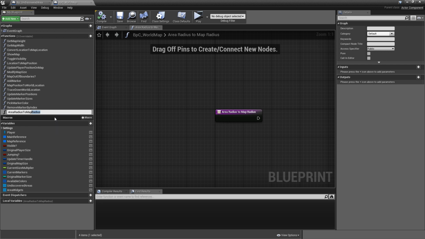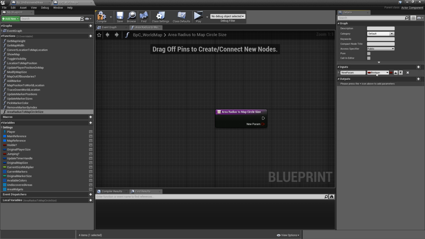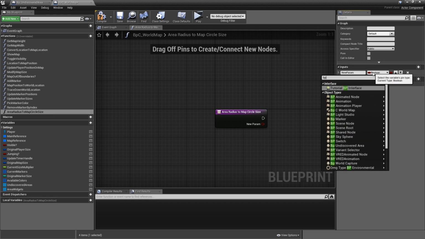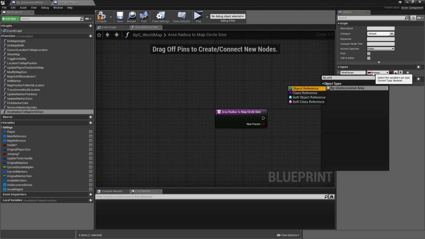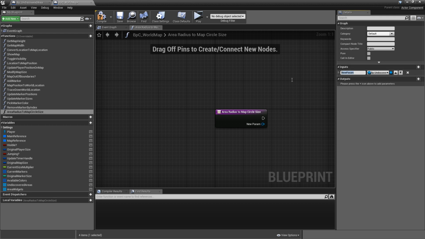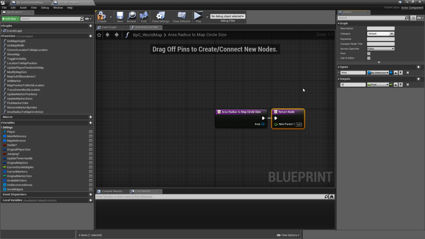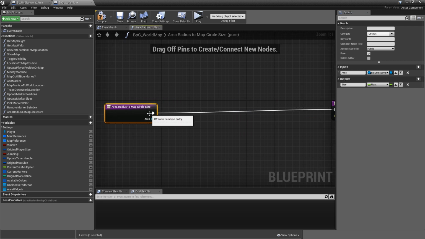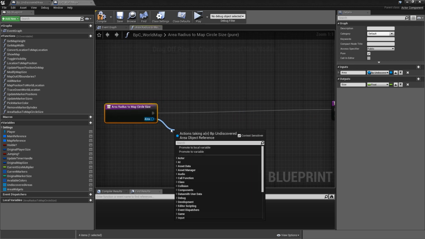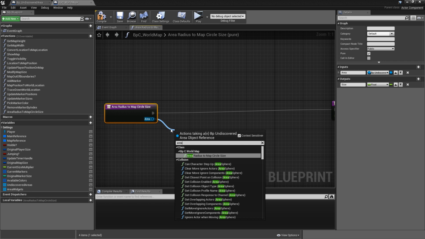So let's call it area radius to map circle size, and this takes in one input of the type BP underscore undiscovered area object reference called area, and it will return a float which will be the size. Then we can make it pure, and what we will do here is we will drag off of the area and get its area radius,